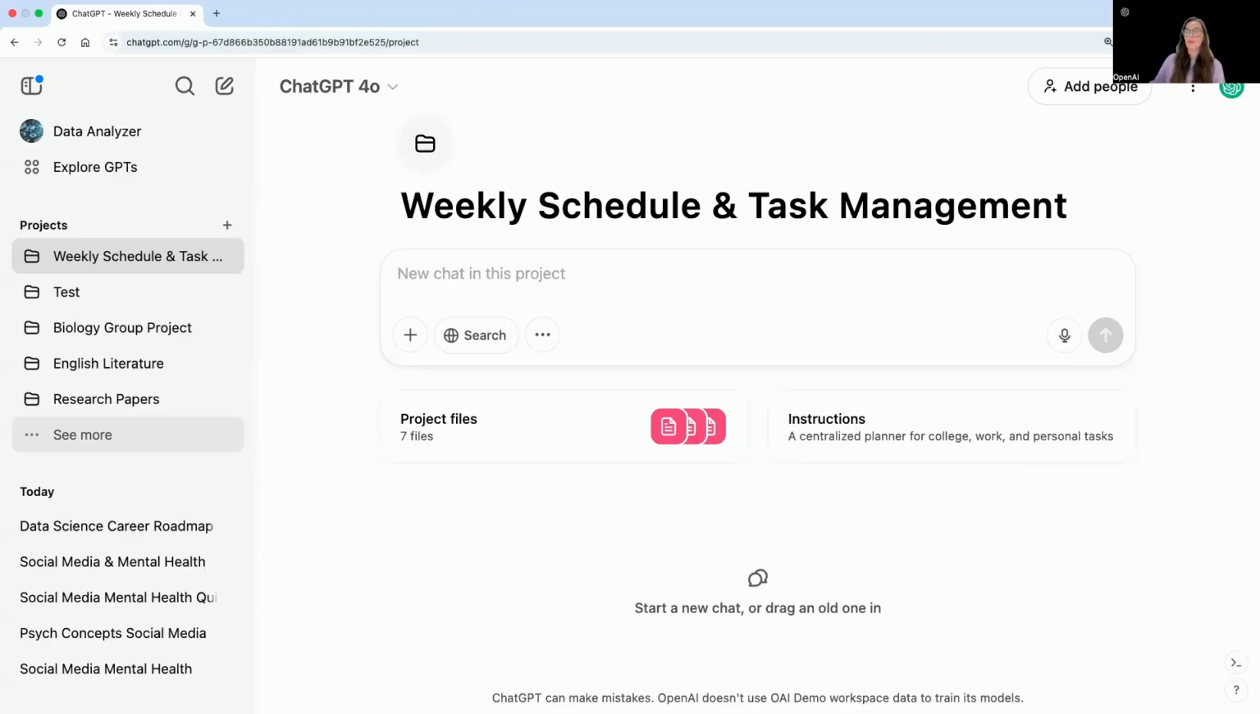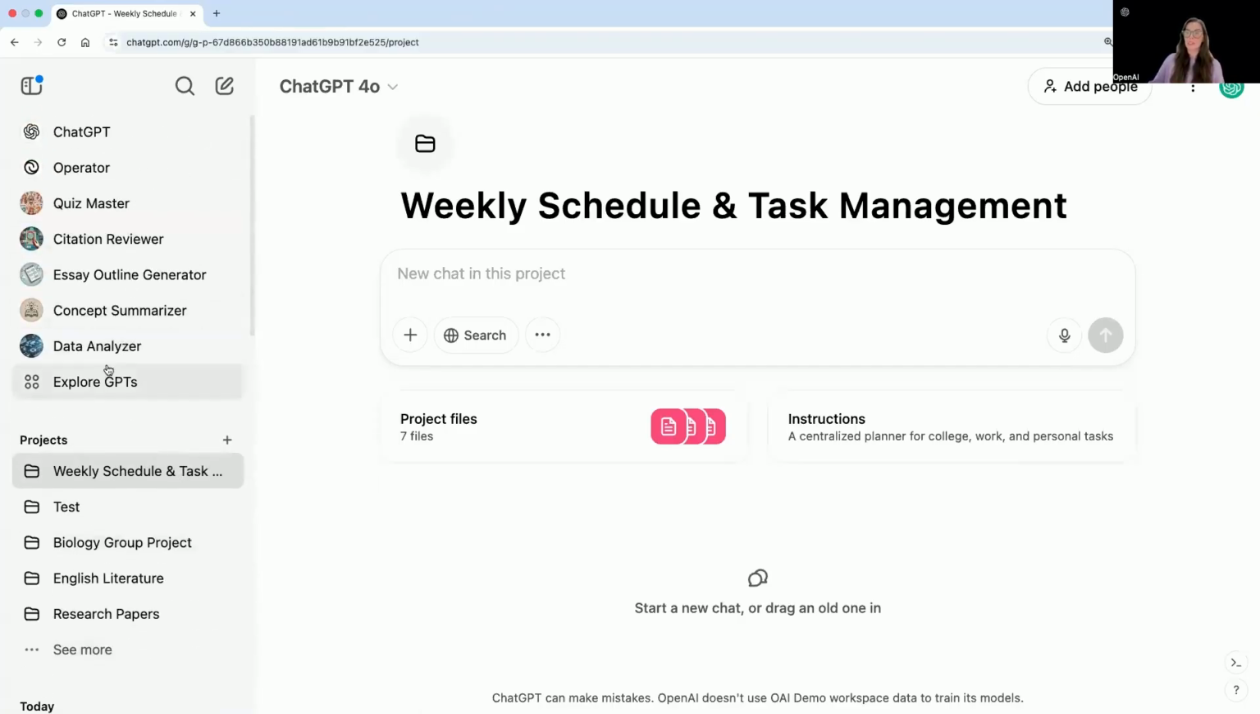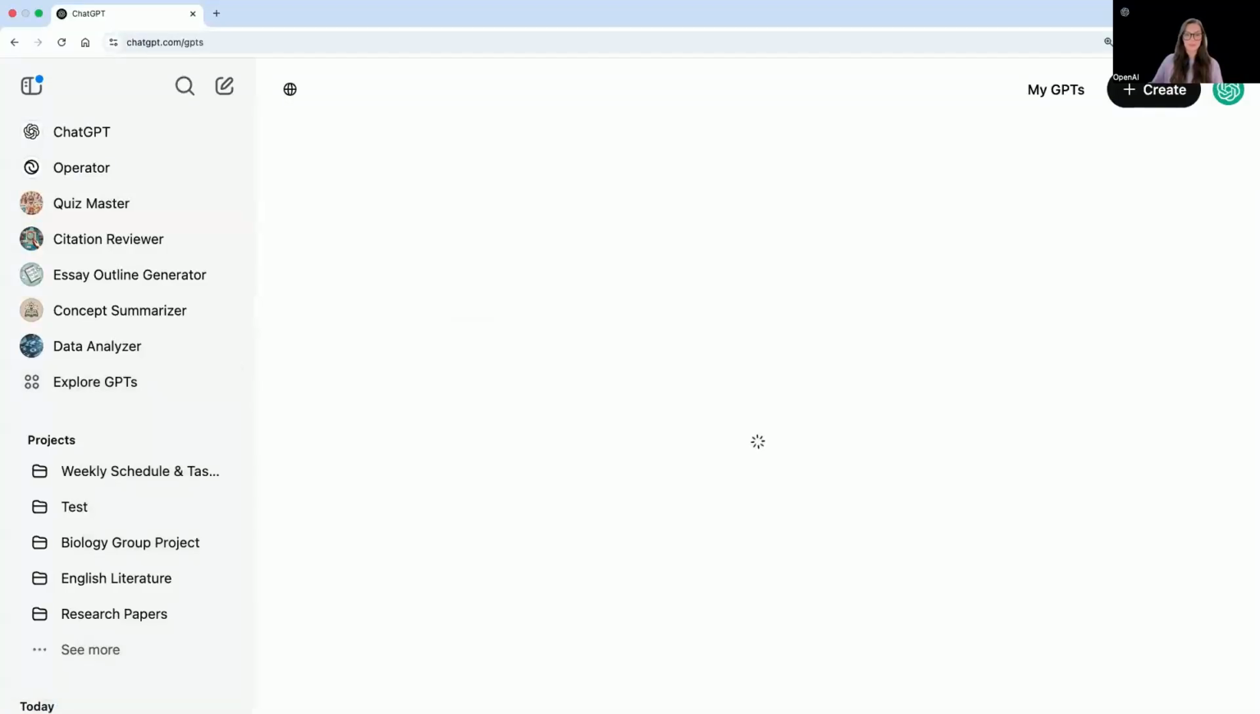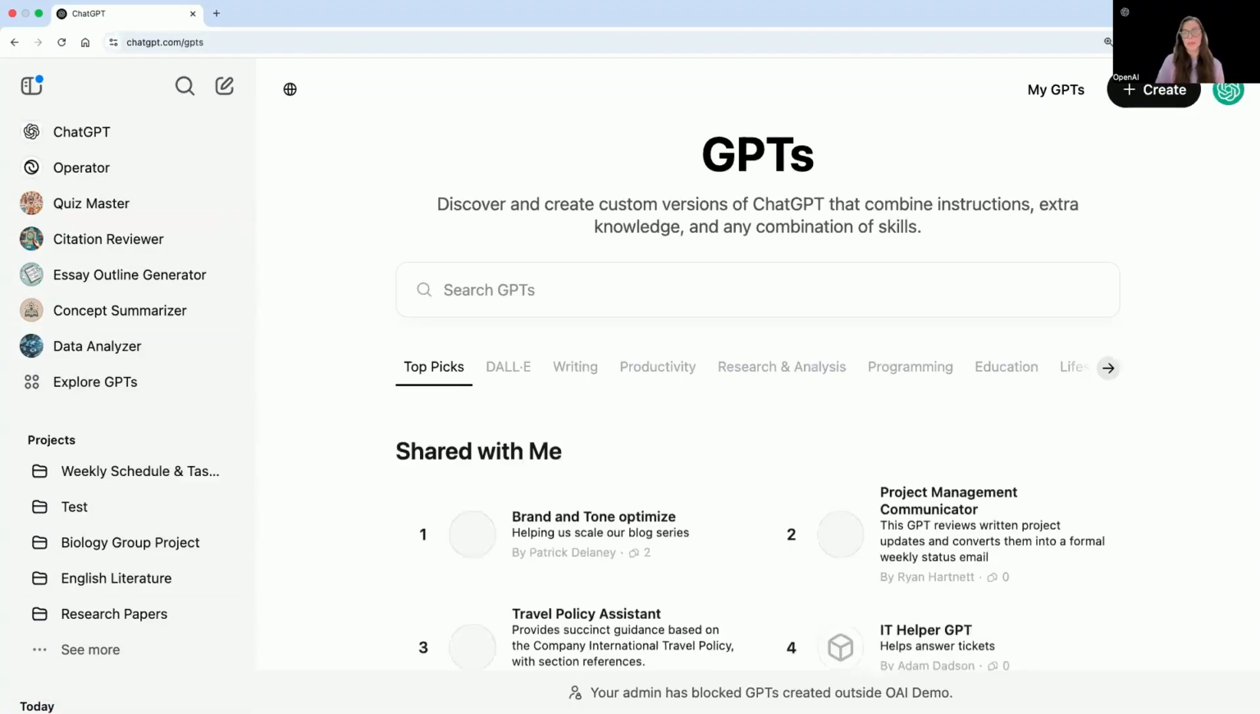Let's move away from projects and let's talk more about GPTs. Really, we're moving from organization to automation. GPTs can be thought of as customized assistants for handling specific repeatable tasks. They are powered with instructions, so similar to what I just showed you in a project. They have knowledge. You can upload a file into a